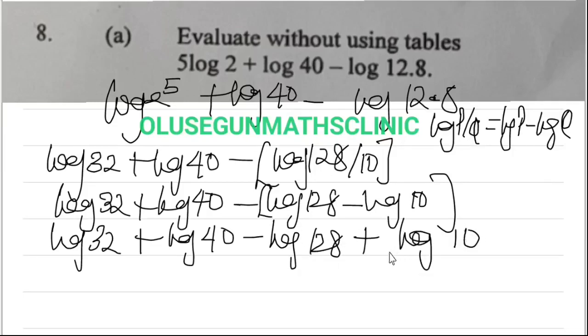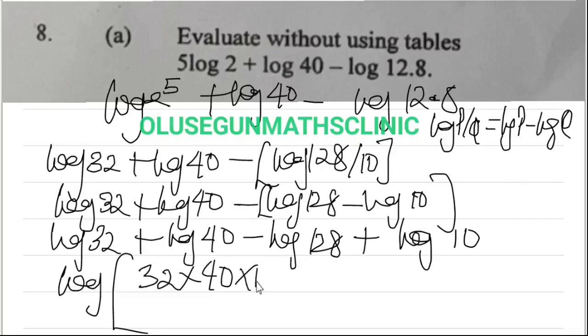So now, from the law, since it is plus, you multiply all together, and this one will be division, to give you log, open a bracket, 32 times 40 times 10 divided by 128,